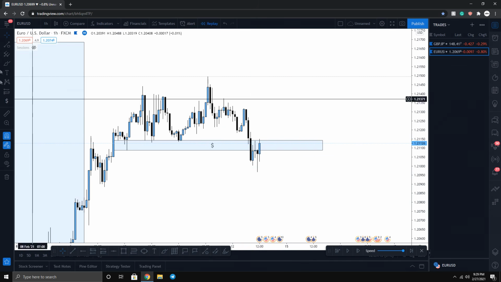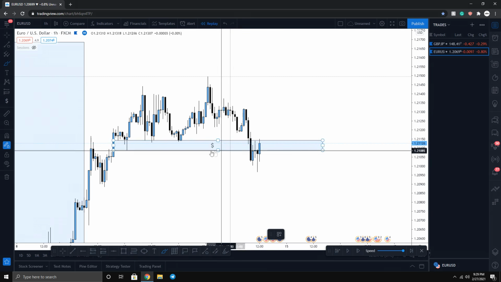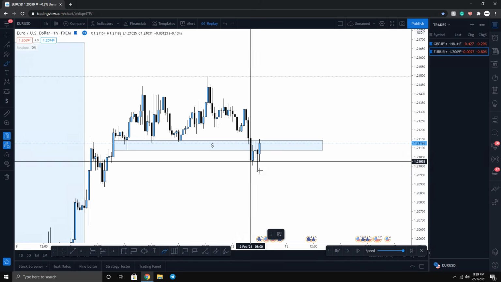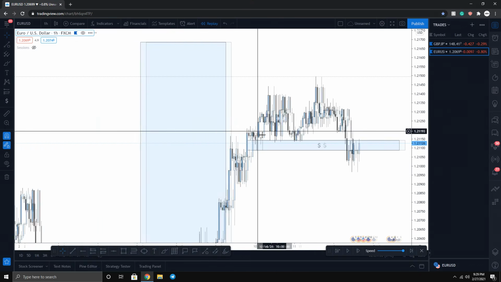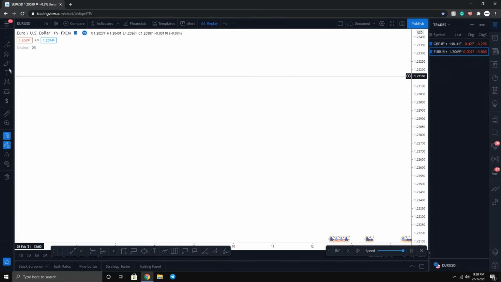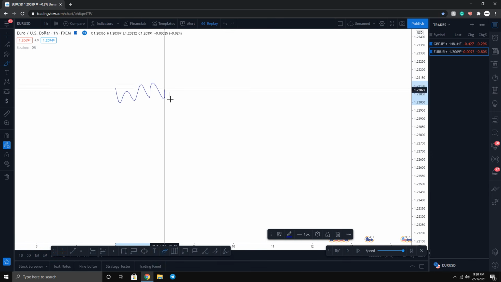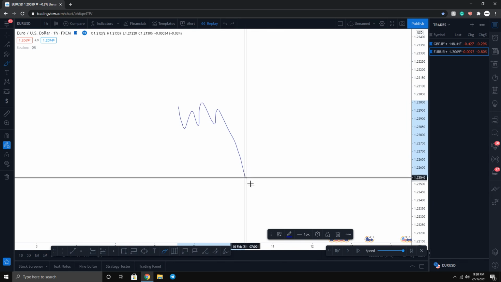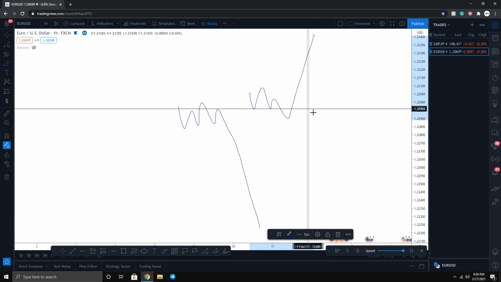So now a lot of people, not just you, but millions of people just got stopped out from buying these supports, and that means millions of dollars also got picked up. Now, sorry, let me actually go back right here. What a lot of people end up seeing when they see these stop outs is two things. Either the market does this range and then goes down, stops you out, and then goes up, or the market just completely ranges and then just completely goes down like that. It doesn't go up like what we just showed before.